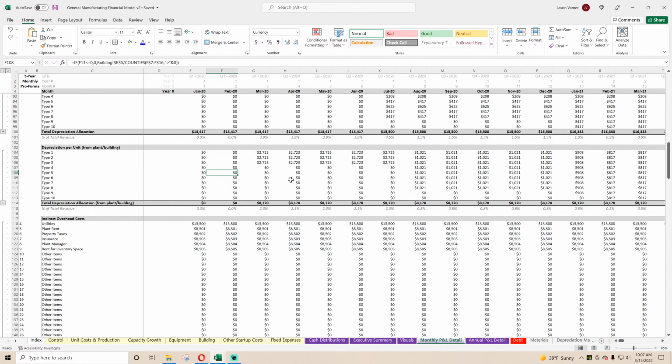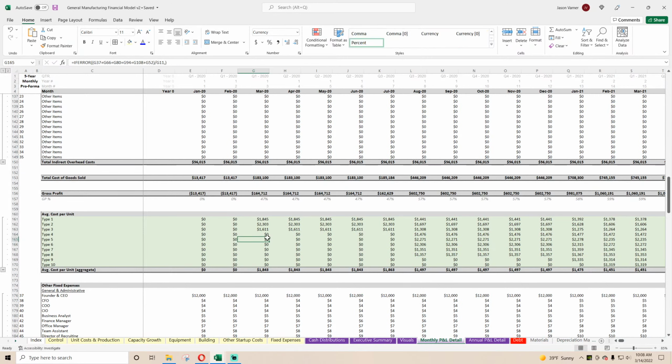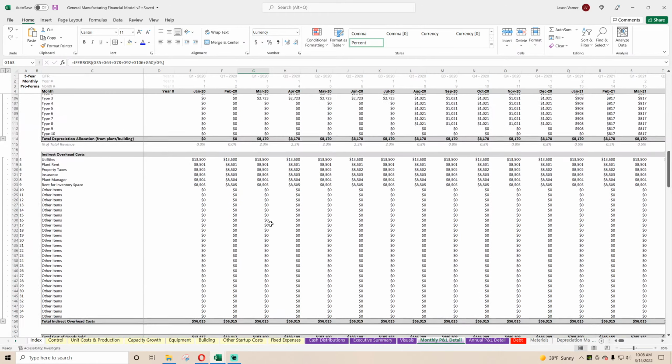So then we can get to an actual depreciation per unit number. We can also get to, in here, this is average cost per unit. This is basically a distillation of all of those costs I just described divided by the total units sold. So basically cost per unit, and then that rolls up into,